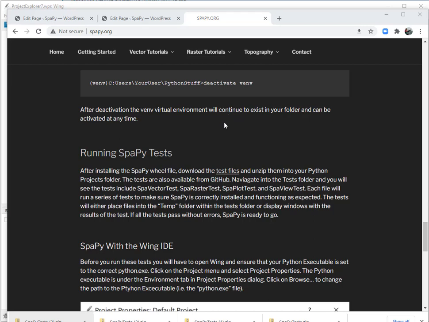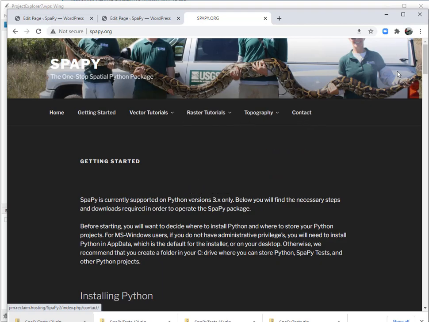Okay, for this video, we're going to be looking at the second set of tutorials, diving into SpaPy and really using it for spatial operations. Pretty exciting. Okay, I'm on the spapy.org website, and I'm actually going to go to Getting Started first